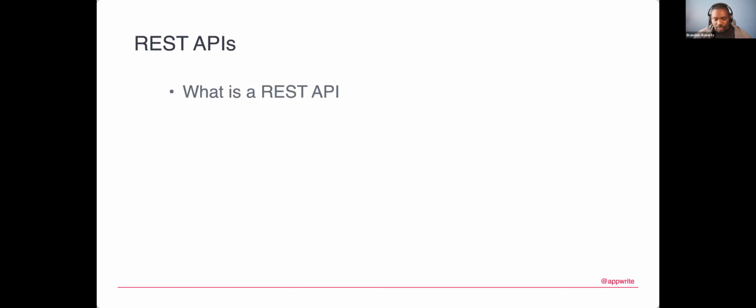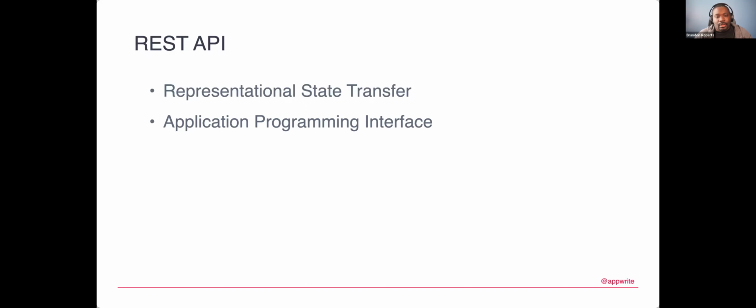So at a high level, what is a REST API, and what are the building blocks and features that you may want to build around that? REST in general stands for representational state transfer, and we'll get into a little more of what that means. API is application programming interface, if you're new to that. It'll also be called RESTful APIs, if you're familiar with that terminology.